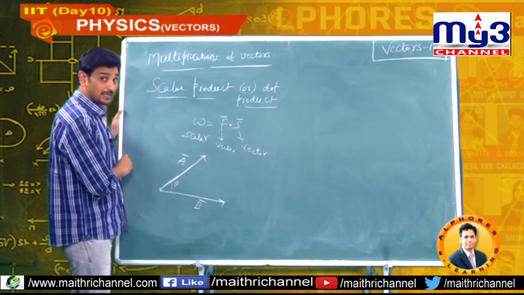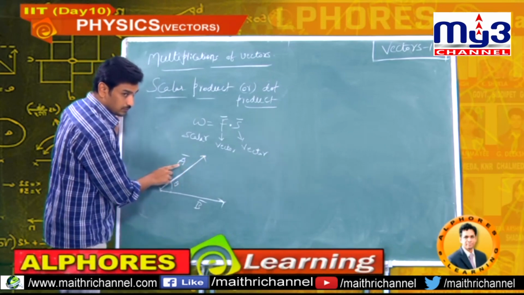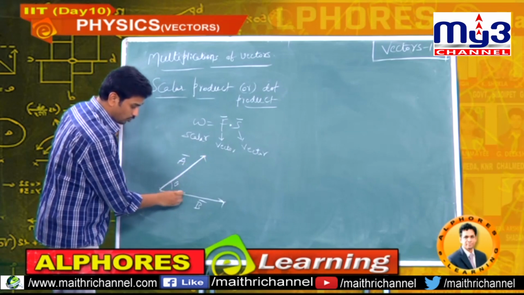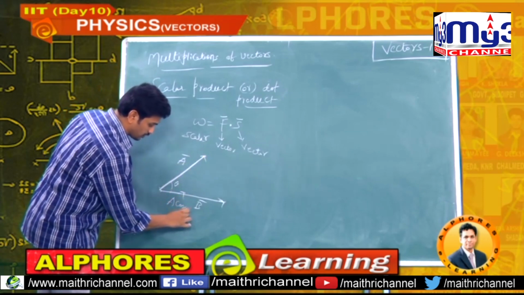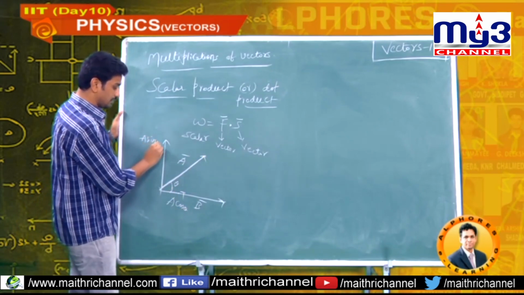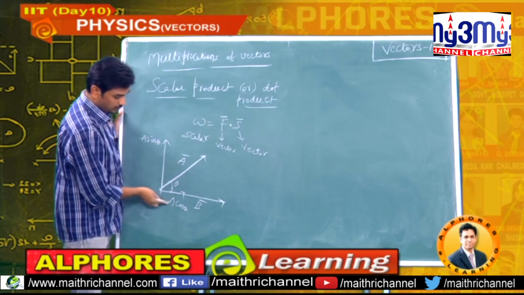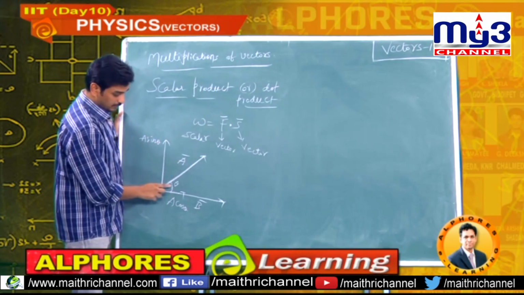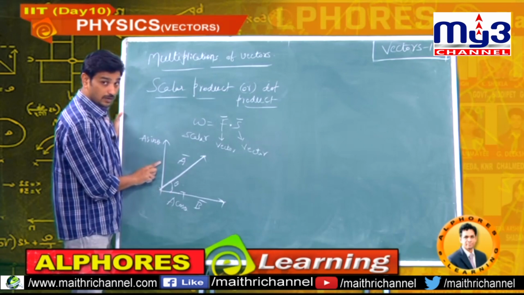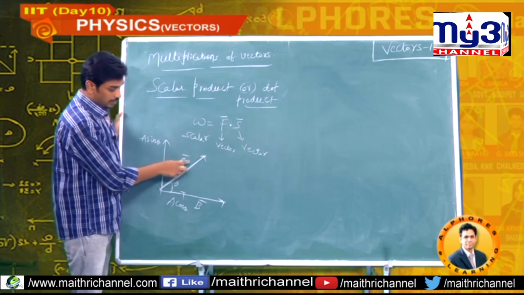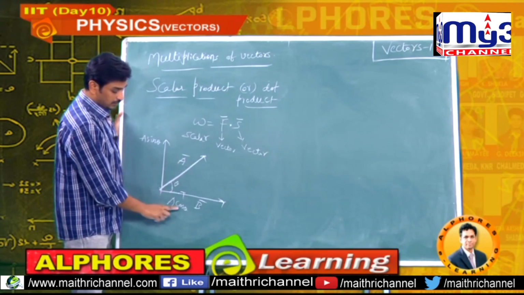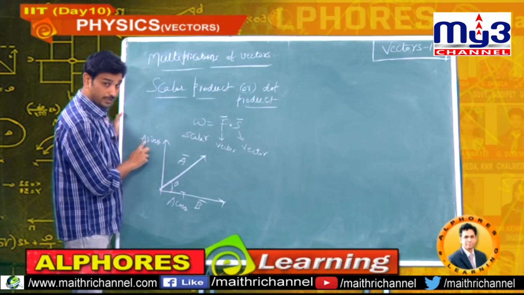Here, what's the meaning of scalar product? Vector A has two components because it is in 2D. The x component is A cos theta. What is the vertical component of A bar? A sin theta. Vector components on either side: the side adjacent to theta is A cos theta, the other one is A sin theta. You know that, we already discussed it many times. A vector in 2D has two components, A cos theta and A sin theta. X component is A cos theta and Y component is A sin theta.